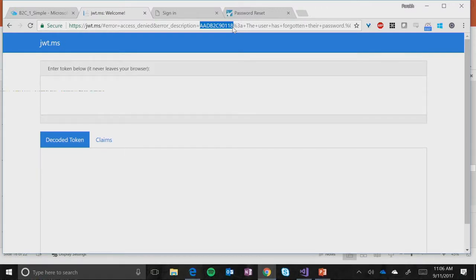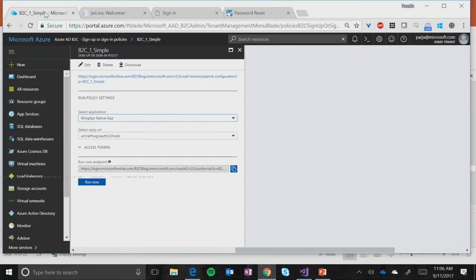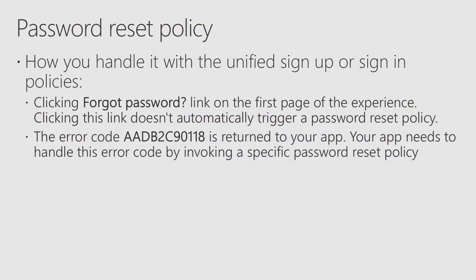Or you can simply call a password reset flow that's basic, where it says, hey, let me just redirect you to a password reset flow, which will then send an email to you with the confirmation, and you update your password. Like I said, it gives you more flexibility, and that's why we do it. And how you manage it and deal with it is basically based on a code that you get, which the error code is AADB2C90118. It's here if you need it, but if you have any questions, let me know.